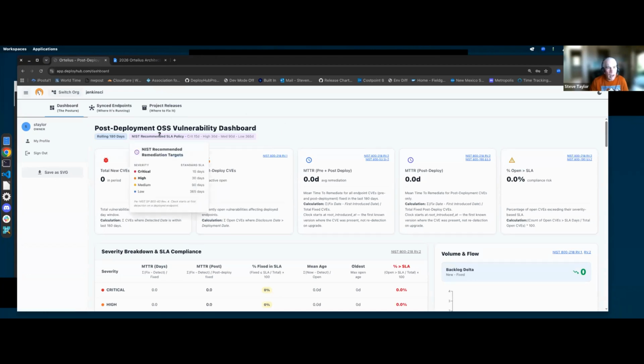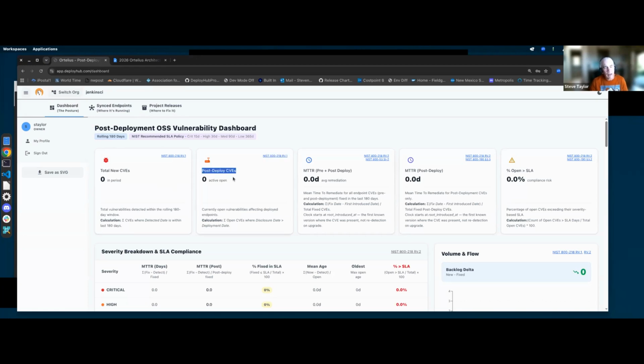One of the things I'm going to add for the dashboard, because they have all zeros, is that it's based on a deployment to an endpoint. I'm going to add in another tab in here somewhere for a release-only type of deployment, so like Jenkins creates their WAR file and puts it out on their website for people to download. So I'm going to add in dashboarding for releases as well,